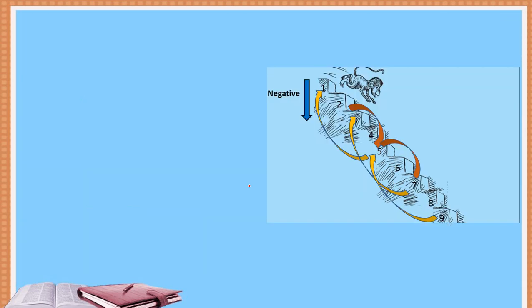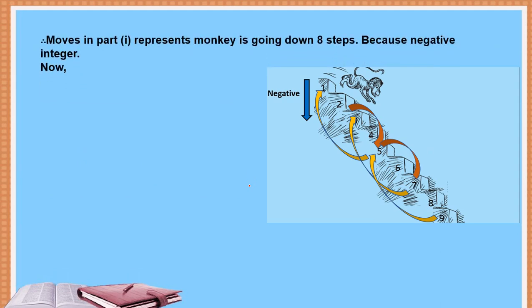So the blank value is minus 3 plus 2, minus 3 plus 2 equals minus 8. Only, we have to consider minus 8 as reaching towards the water level. In the same way, the same problem asking for monkey moves in the first part represents the monkey going down 8 steps